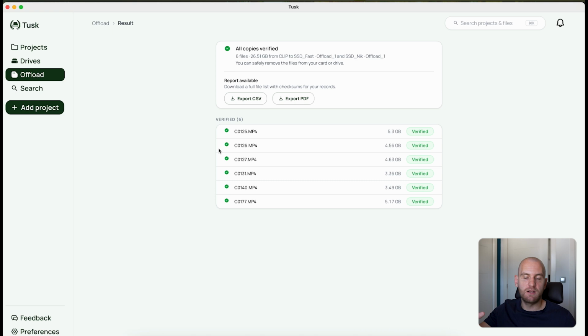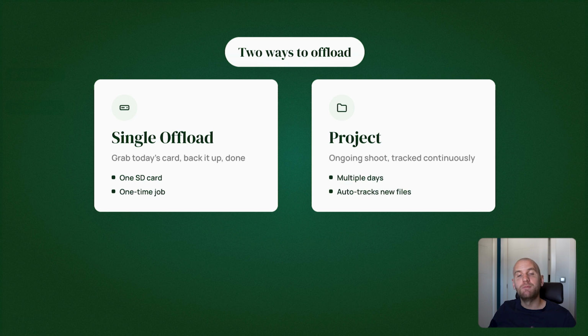I just want to have it quickly on the drives, get rid of the files on the SD card, and then know that everything is safe, okay? That's one. But Tusk gives you another option, which is not just a single offload, but you can also actually